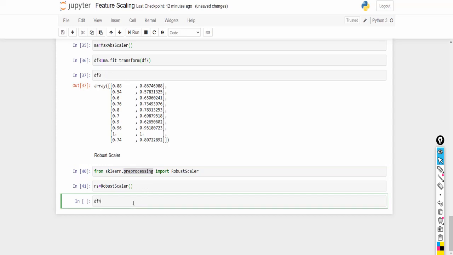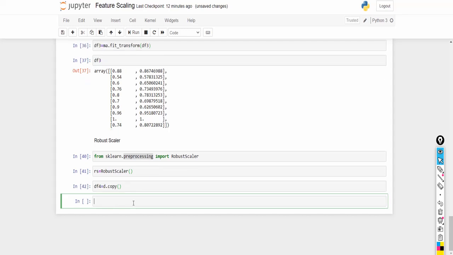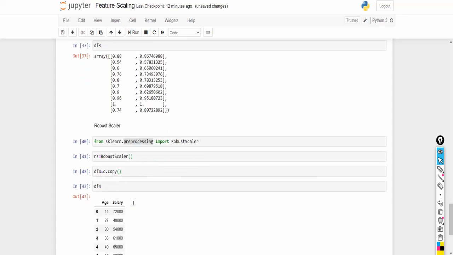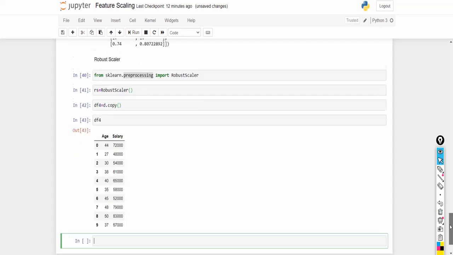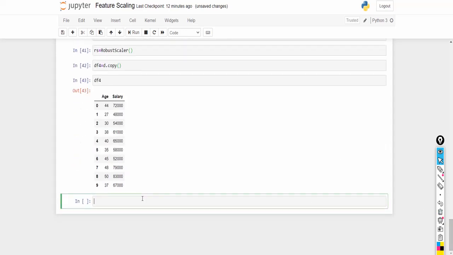So let me create a data frame df4, which is again the copy of the data frame d. Once it is done, let me apply the RobustScaler. So df4 is equal to rs.fit_transform of df4.